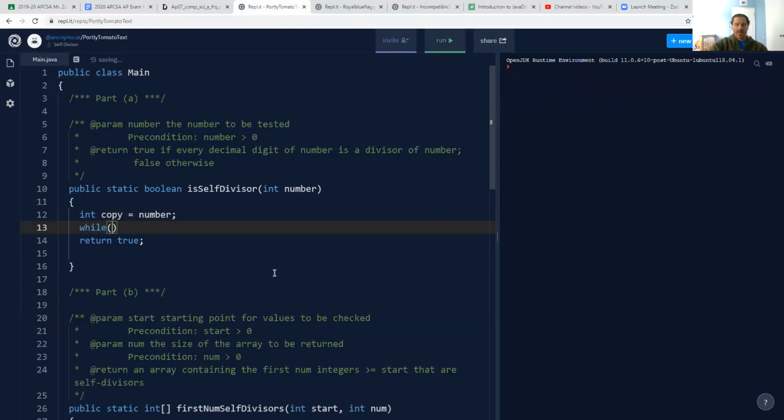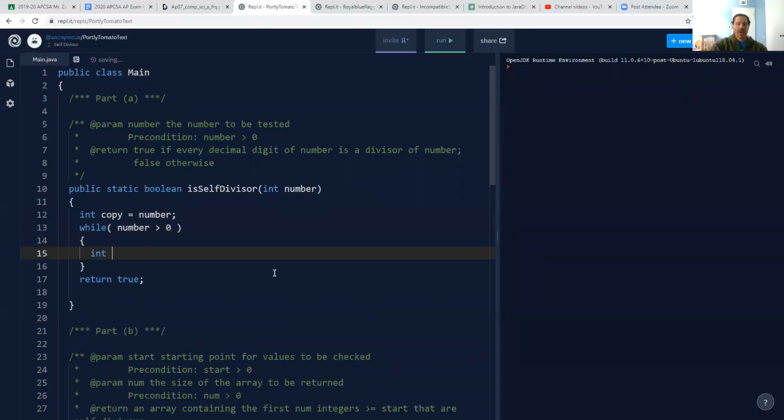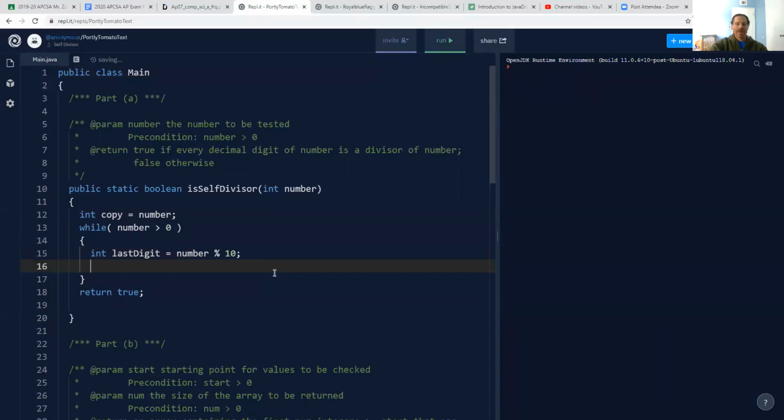So now let's say that we take the number and start dividing by 10. We're going to keep running this while loop until we hit 0. So while the number is greater than 0, we could pull off some sort of last digit. Our last digit would be the number's modulus by 10, right? If that number is not 0, okay, remember, if this number is 0, we get out of here. So if last digit is not 0,